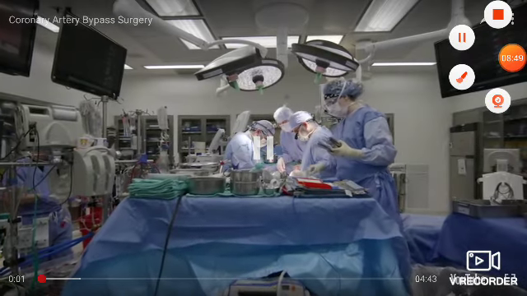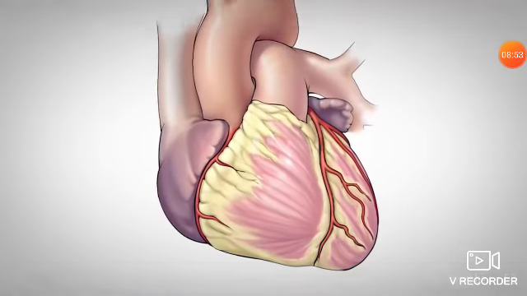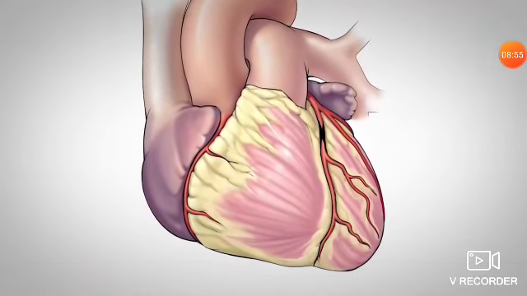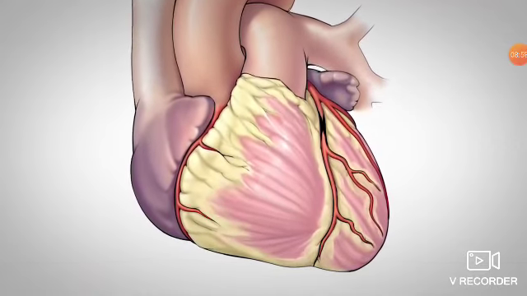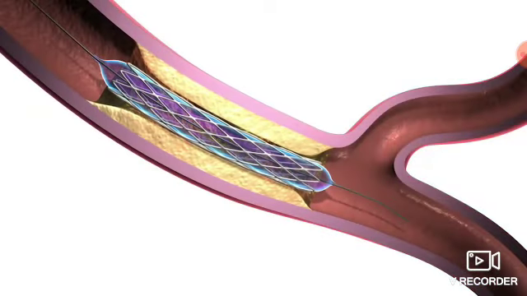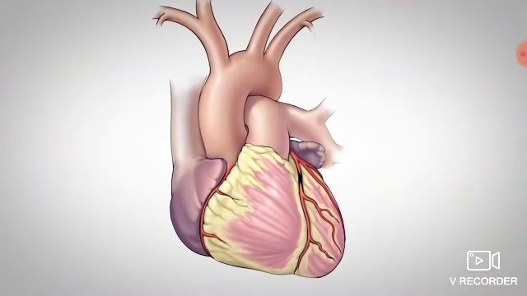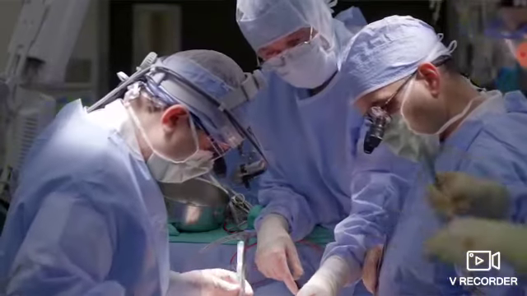Coronary artery bypass surgery is, as the name suggests, for when you get a blockage in your coronary vessel. To treat that, you have two possible ways. One is to put in a stent and push that narrowing, or stenosis, open. Another option is to actually bypass it. And in coronary artery bypass surgery, what we do is we